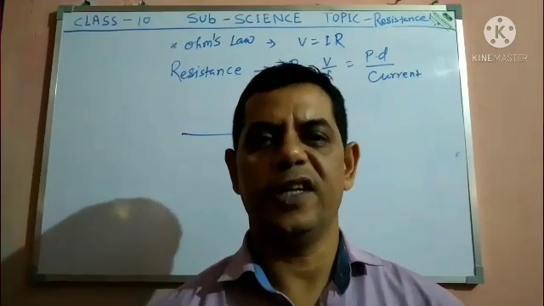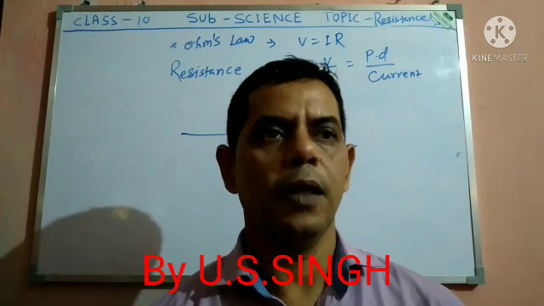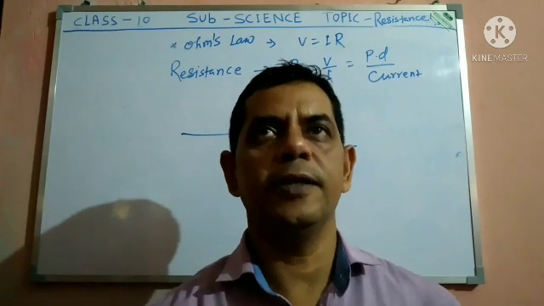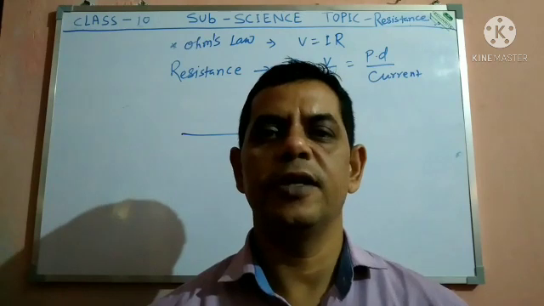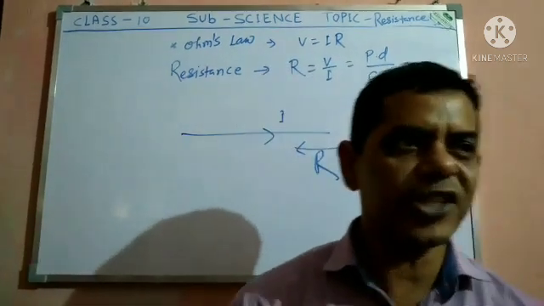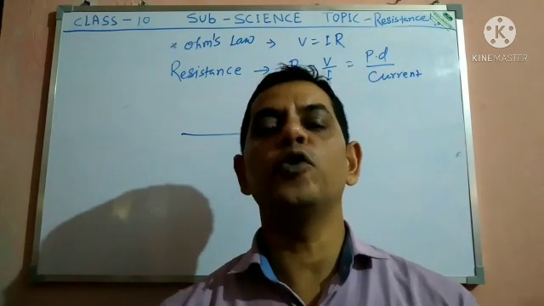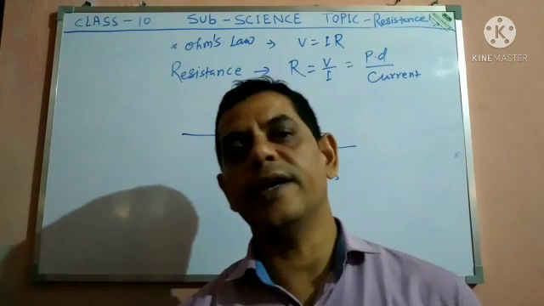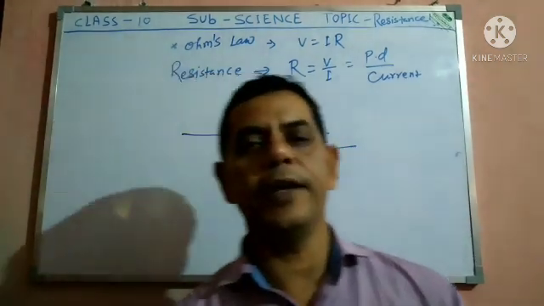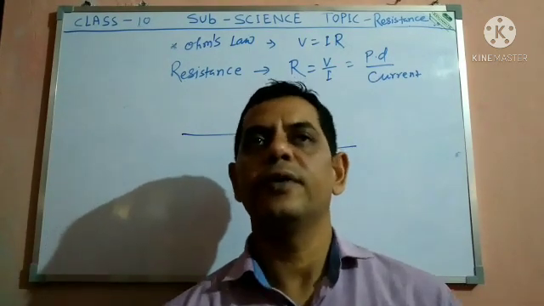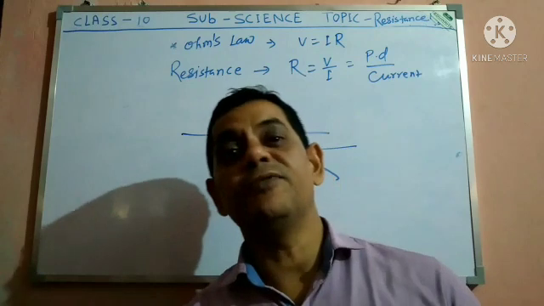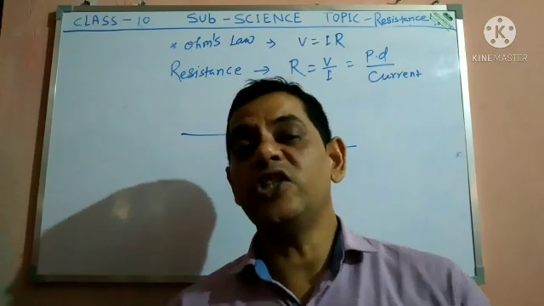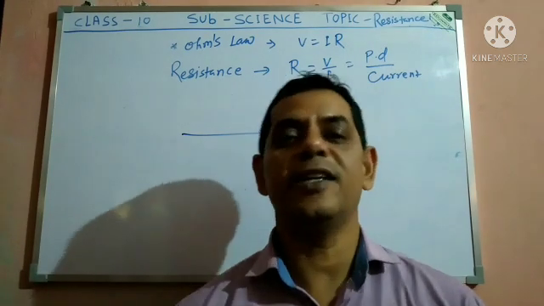Today I teach you resistance in electric current. What is the first thing in our mind? What is resistance? Resistance is the breaker of current. It is the opposite of the current, that is what we say resistance. What happens when current flows in the forward direction while resistance is opposite to that direction? It is very difficult for the current to move in the forward direction. So that is the action of resistance.